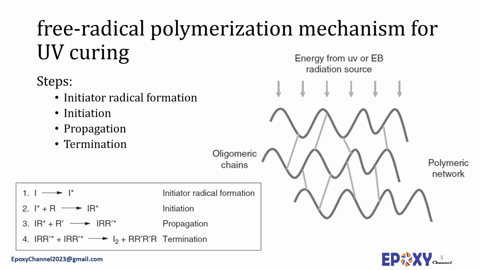The free radical mechanism, which is more common, has 4 steps: initiator radical formation, initiation, propagation, and termination. These steps have been illustrated in this figure. In the first step, the photoinitiator decomposes on exposure to UV and initiating free radicals are produced, which starts the chain